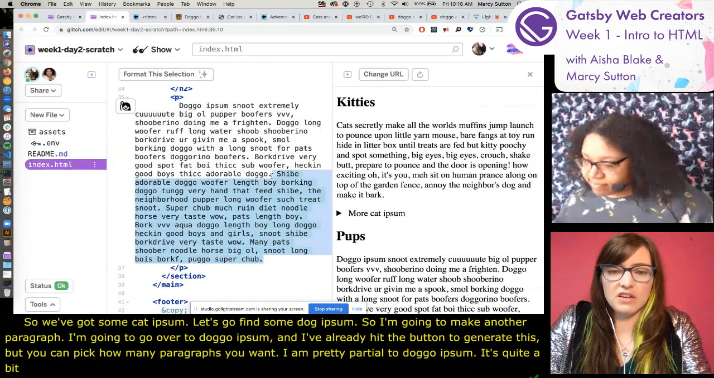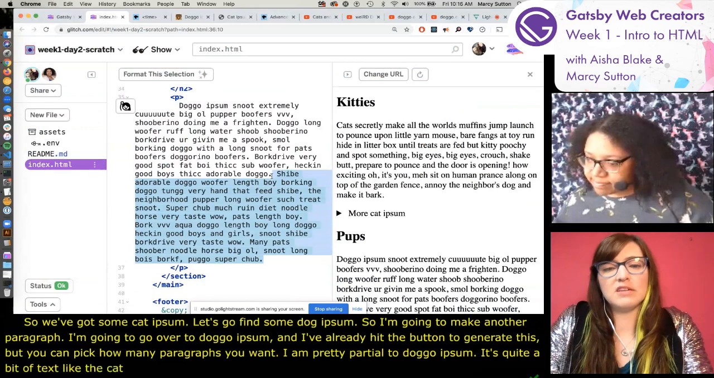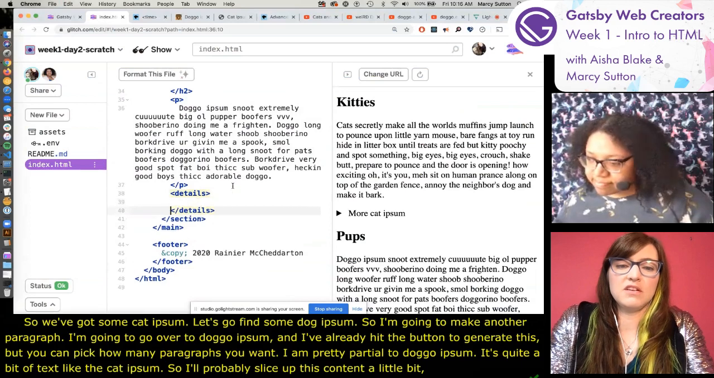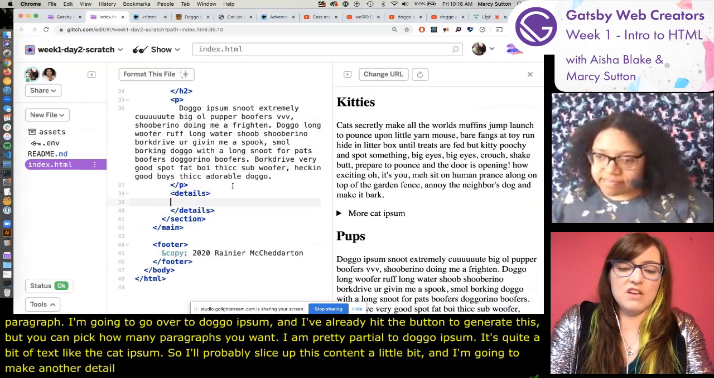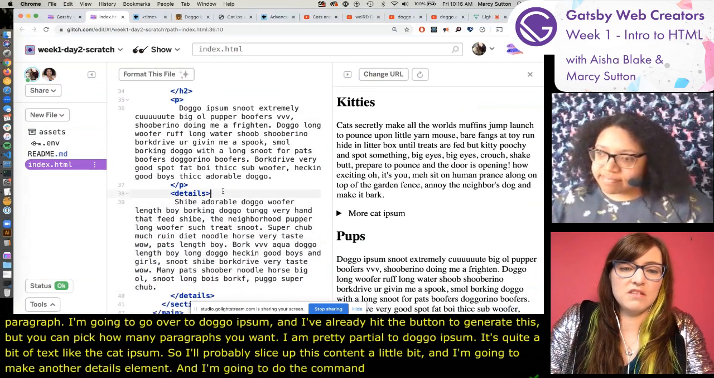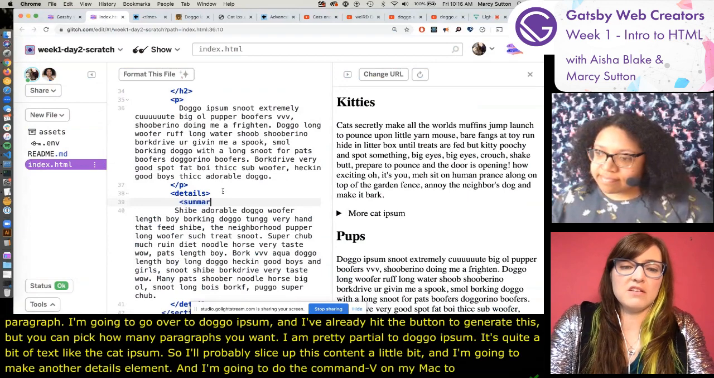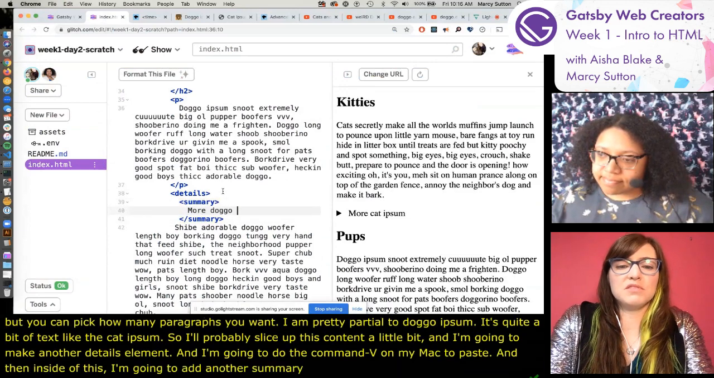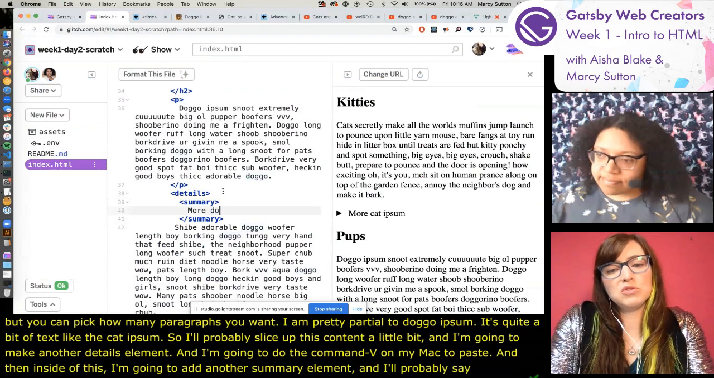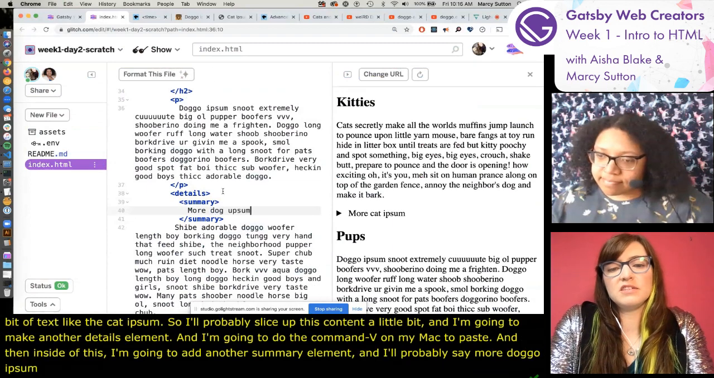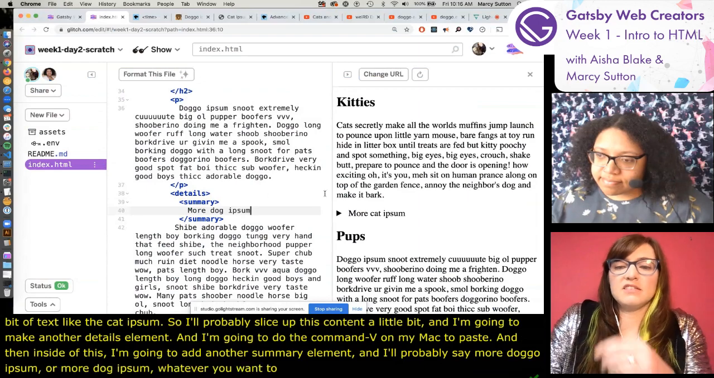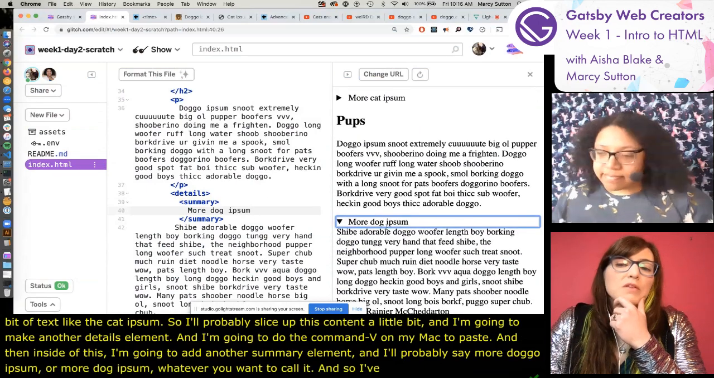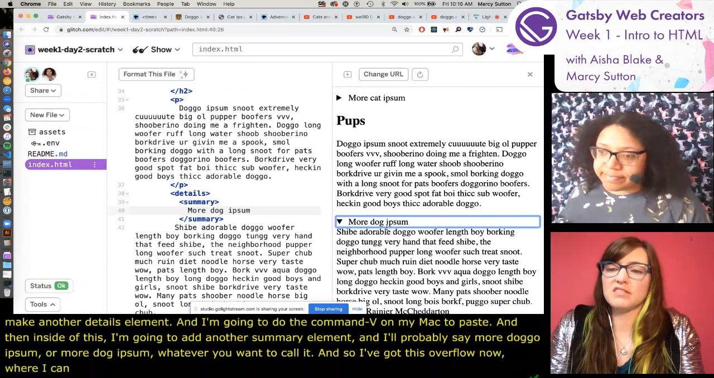So I'll probably slice up this content a little bit, and I'm going to make another details element. And I'm going to do Command V on my Mac to paste. And then inside of this, I'm going to add another summary element. And I'll probably say more doggo ipsum, or more dog ipsum, whatever you want to call it. And so I've got this overflow now where I can add more and more content and have it handled nicely,